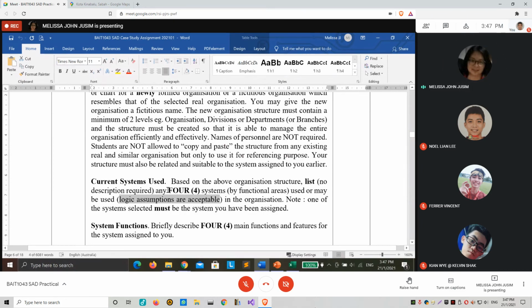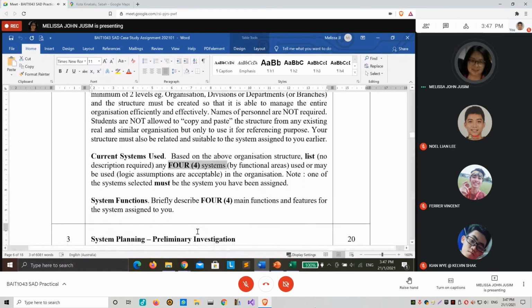So there are 4 systems, and the first system would be the ticketing system. For system function, based on your ticketing system, you describe the 4 main functions for the bus ticketing system. What can it perform? The different modules in the bus ticketing system.